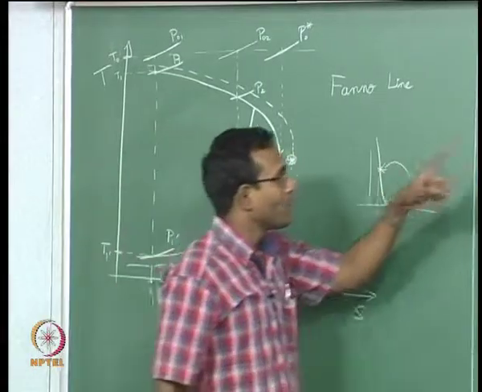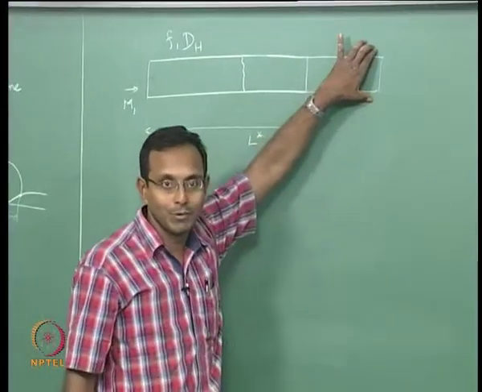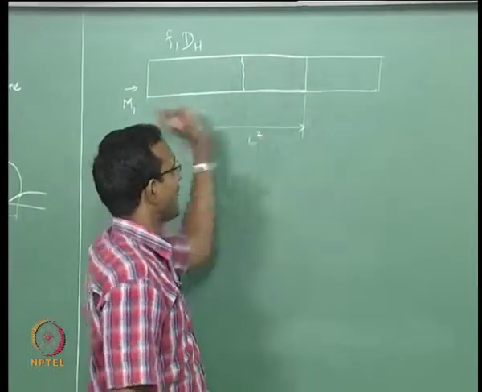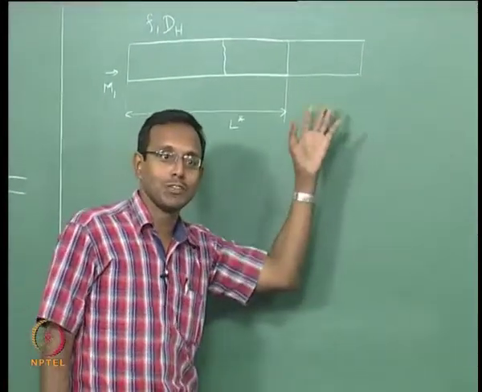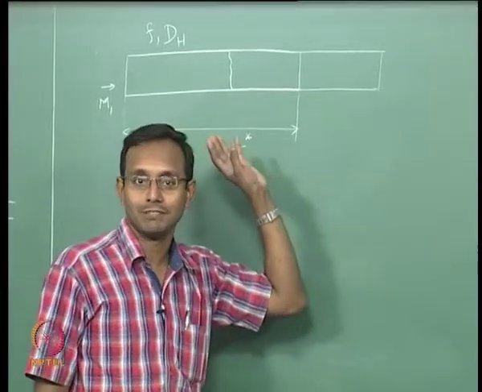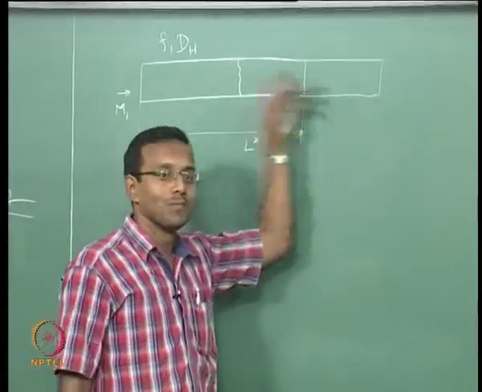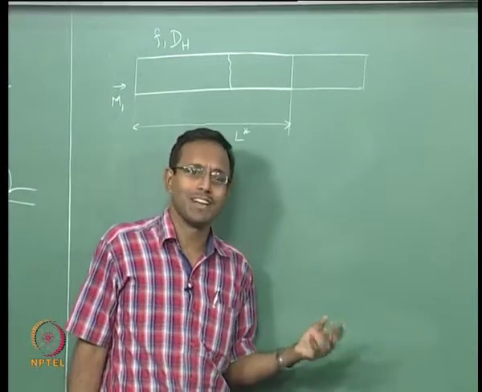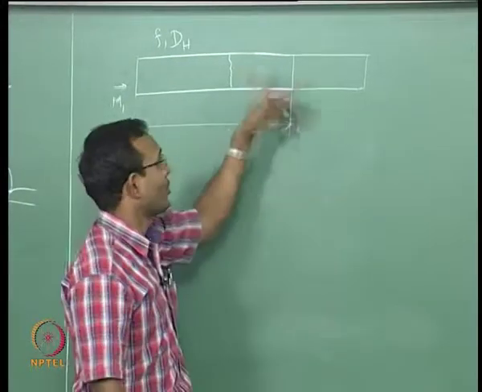Why? Let me go back and explain from here. If I extend the length of the duct by some amount, it will send only that much of compression waves until it is matching, and it will go to a point where M equal to 1 at the exit. More than that, there is nothing more to do. So it will not do any extra compression waves unnecessarily. Another way of thinking about it: if I send more compression waves, then I am decreasing my P naught further. Why will the flow want to do extra work and decrease its own energy more? It will not do it. P naught will not drop any more.